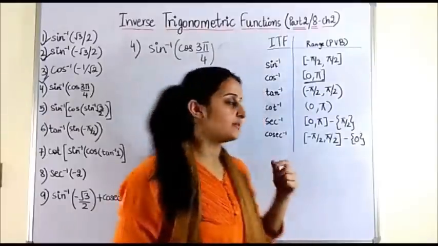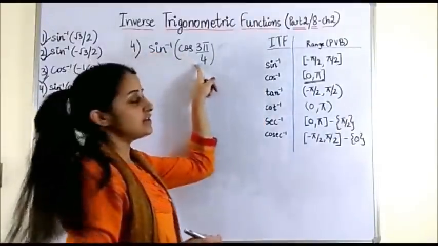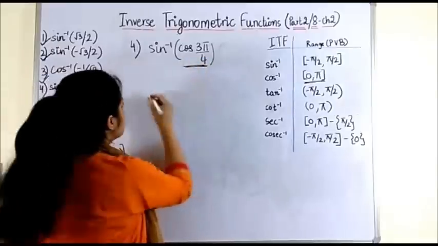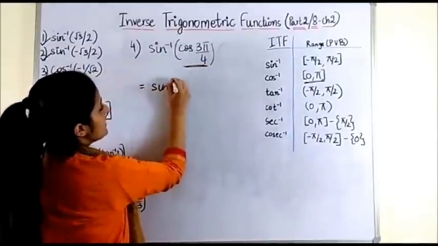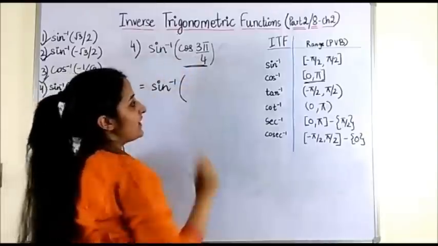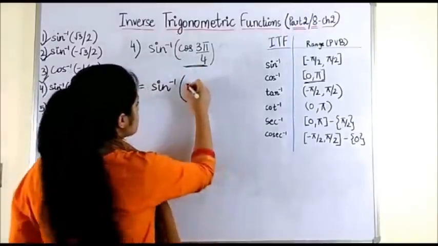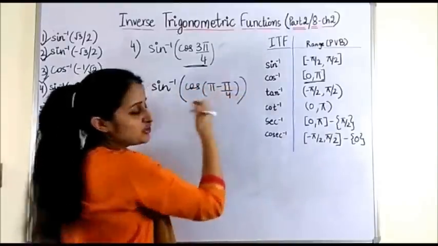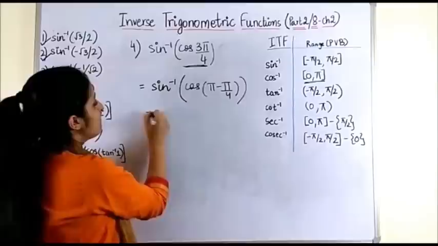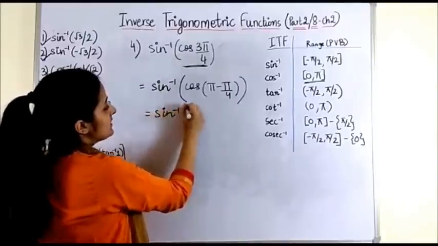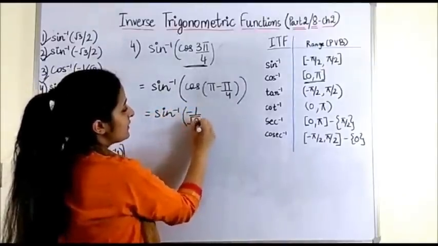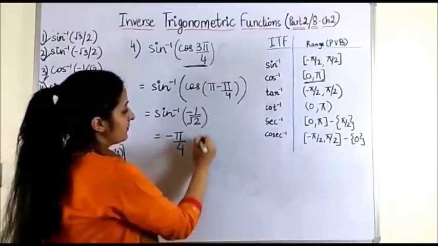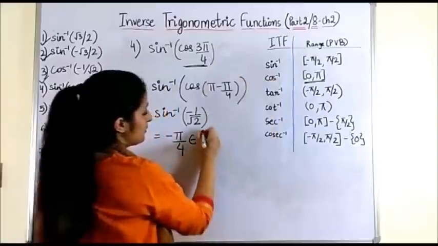Moving on to the fourth question now. You're given sine inverse of cos 3 pi by 4. Let's simplify this bracket first. So this becomes sine inverse. If you remember the value directly, good. Else just convert this to cos of pi minus pi by 4, which being in the second quadrant is bound to give us a negative answer. So this leaves us with minus 1 over root 2, which is minus pi by 4, which once again belongs to the